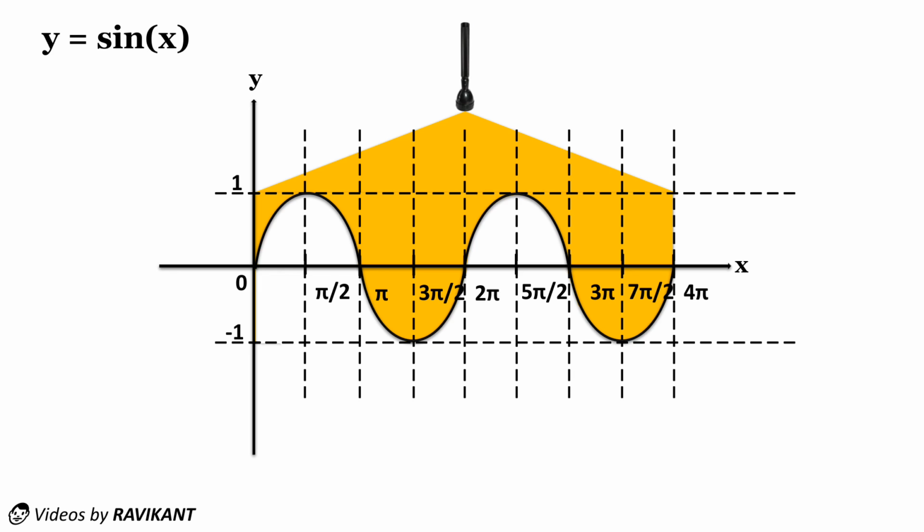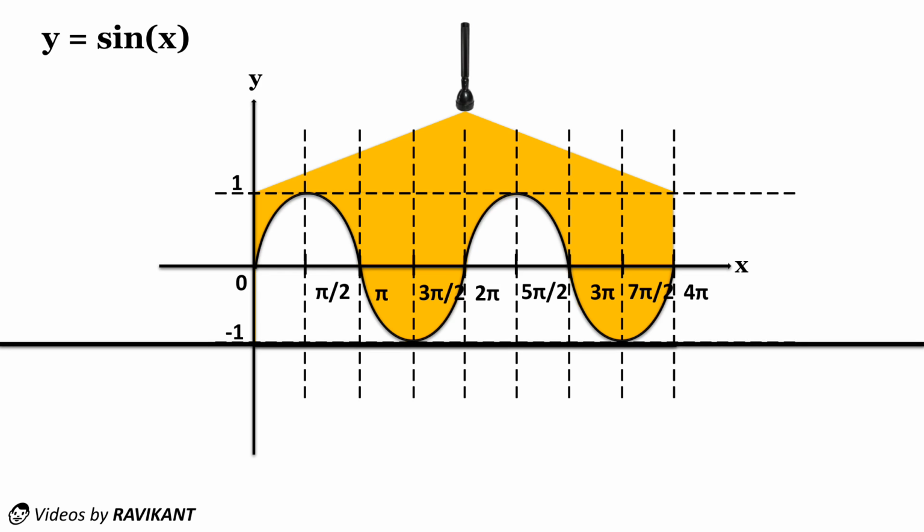Here you can see that the light is falling on the graph. It will make a shadow at the other side of the graph. One thing I tell you is that the graph is not limited between 0 to 4 pi. It will continuously run from minus infinity to infinity, and also the shadow will be from minus infinity to infinity. Now for the domain, we will see where the shadow is from. So we can easily see that the shadow is from minus infinity to infinity.